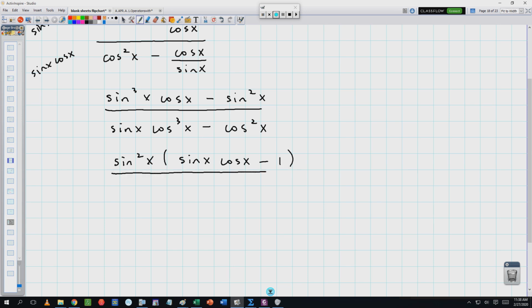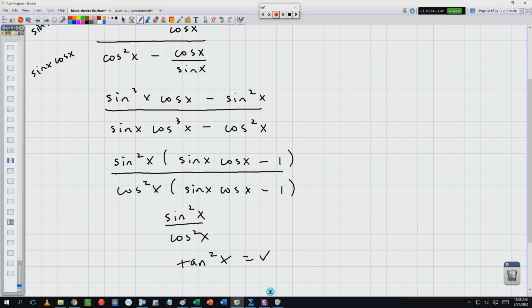On the bottom, factor out a cosine squared. That'll leave me with that sine. Drop that cube down to a single power minus a 1. I'll cancel those groups. Sine squared over cosine squared. And that is tangent squared, which was the target. That was a cute little